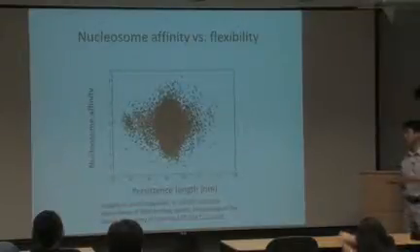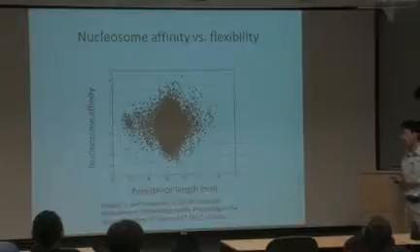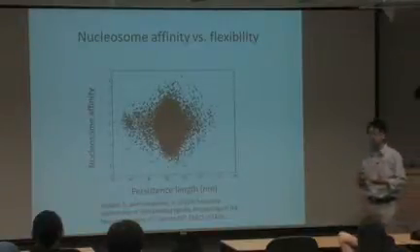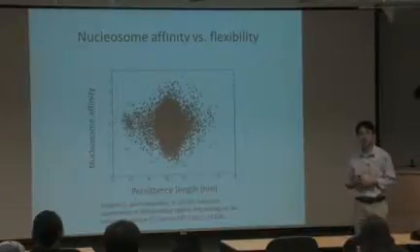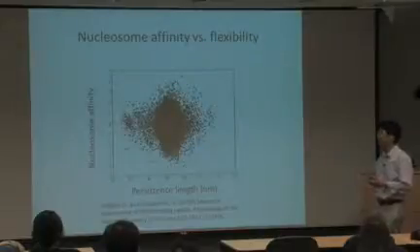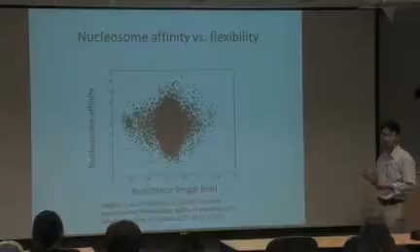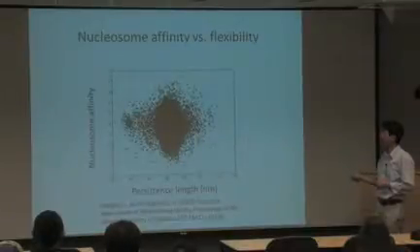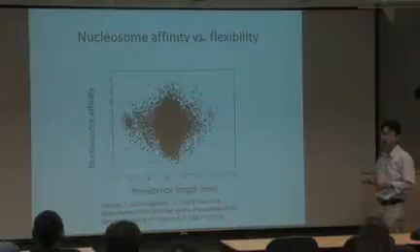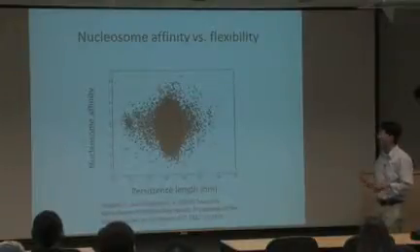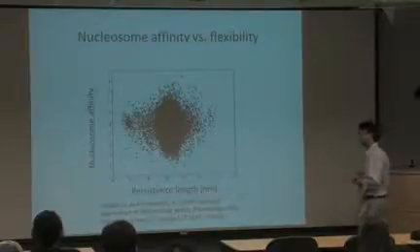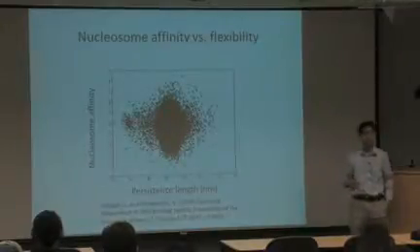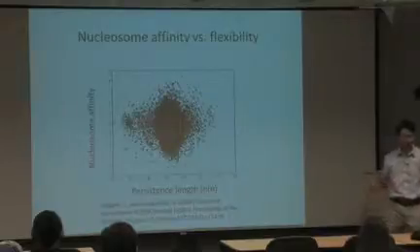They assembled about 10,000 different DNA sequences, mixed them with histone proteins, and measured the affinity of all these molecules. What's shown on the y-axis is the affinity measured from that experiment. This is log2 based, so from -4 to 4 is about 400-fold different. And on the x-axis is the persistence length of that DNA molecule, predicted from an independent study